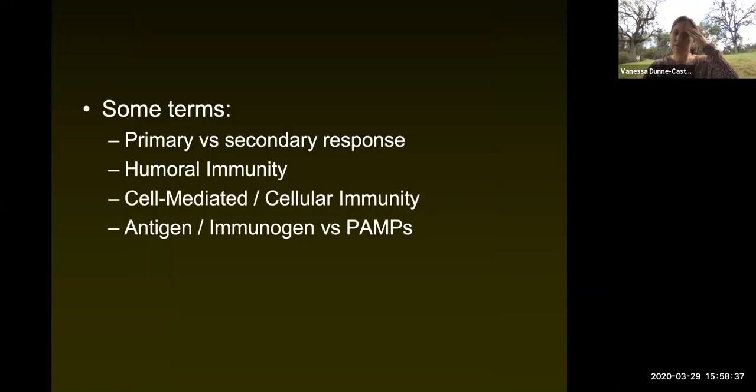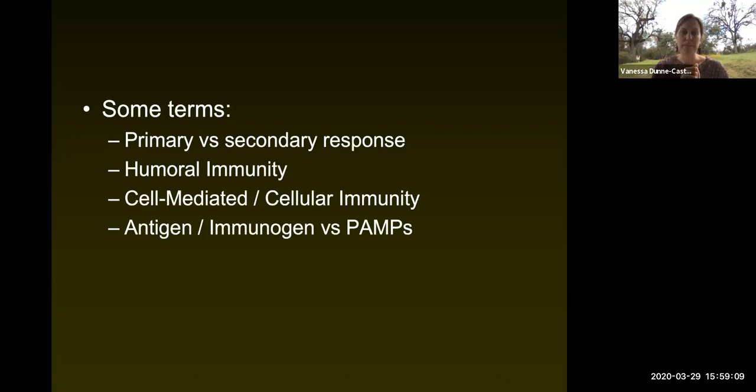Some terms you should be aware of. Primary versus secondary. This is the first time you ever come in contact with the pathogen. That'll be your primary response. This usually takes a few days, sometimes a few weeks, but that's kind of the exception. Usually it takes a few days for your primary response to become activated. This is your adaptive immune response, not your second line of defense, the inflammation. That stuff's always happening at all times, right? And you can have milliseconds for your inflammatory response to become engaged, but the activation of your adaptive immune arm